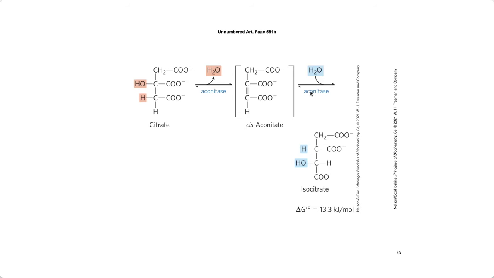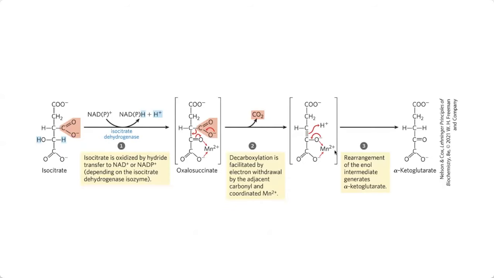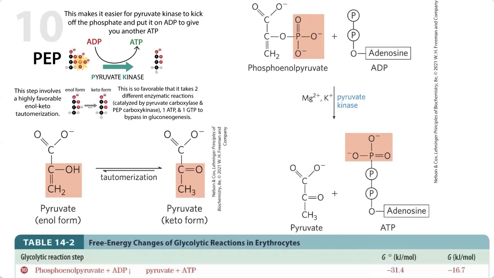And then we can add water back, but add it back in a way that's going to put the OH group on the other position, so that if we oxidize it to form a carbonyl, that carbonyl is going to be alpha-beta to the carboxylic acid, and that's going to make it favorable to decarboxylate. Why is it going to be favorable to decarboxylate? Well, here it gets back to that keto tautomerization that we saw in the case of our PEP carboxykinase,